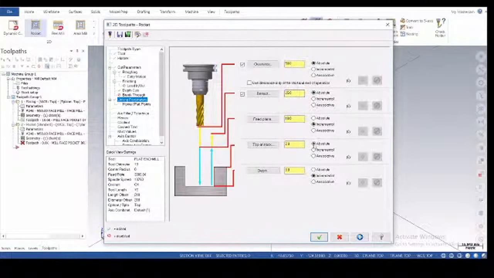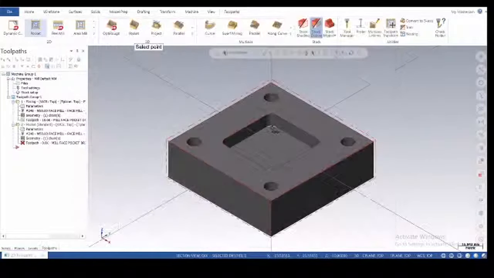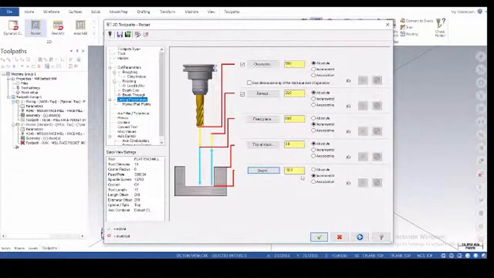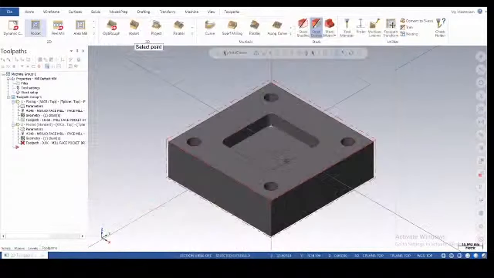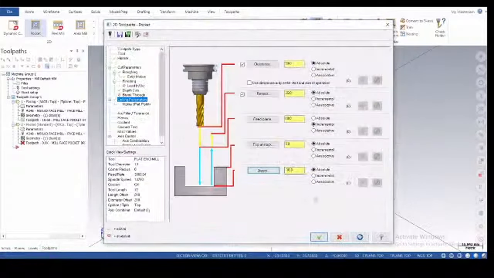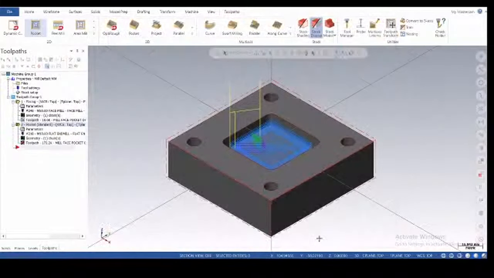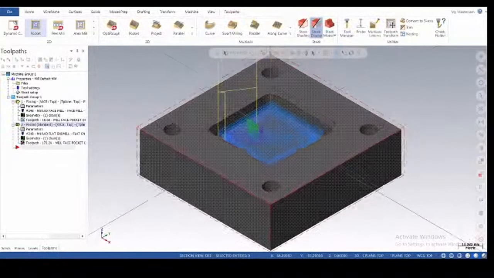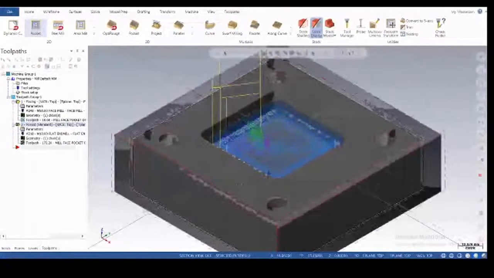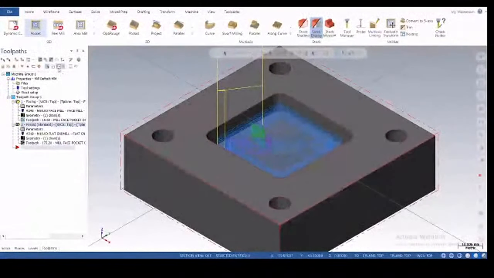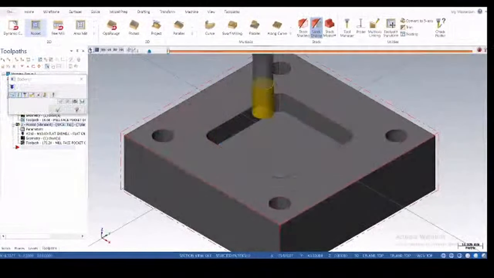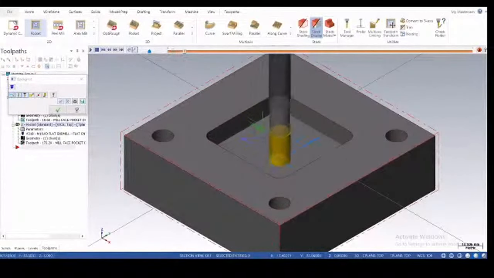Top of stock, we already did that in the facing operation. And for depth, we have to select or choose the depth. And okay. So as you can see, this is our 2D toolpath. Just let me show you how it cuts the material.